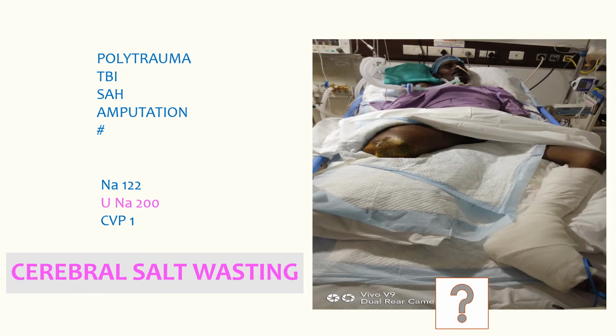And the treatment is that you give a lot of saline to these patients, and here the CVP will be very low, or if you look at the IVC it will be very collapsed, and urine sodium is extremely high. So these patients are actually neurosurgical patients who develop this cerebral salt wasting, and sometimes these patients get SIADH also, which is euvolemic. So we shall talk about SIADH soon.